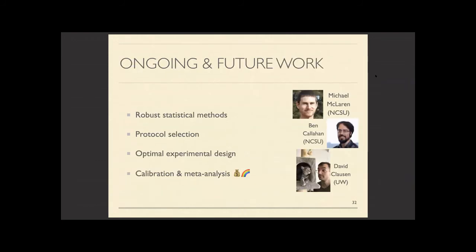So I'm working hard on this ongoing work. We're looking for robust statistical methods to determine changes in microbial communities. We're looking at using this model to help you choose between different options that you have in the wet lab. So rather than aiming for a protocol that's unbiased, which we think is impractical and infeasible, what's less biased is going to differ between different sample types, and there's never going to be a universal protocol.